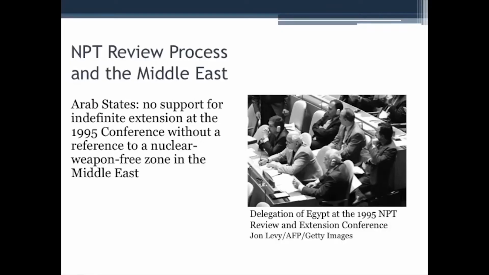The state whose support for extension was key was Egypt. And Egypt's price for support, or at least for not blocking the decision on the indefinite extension, was addressing the question of Israel having nuclear weapons and not being party to the NPT. And so after negotiating with the United States in particular, but also Russia and the United Kingdom, they reached an agreement that the three depositaries of the NPT, UK, US, and Russia, will co-sponsor a resolution